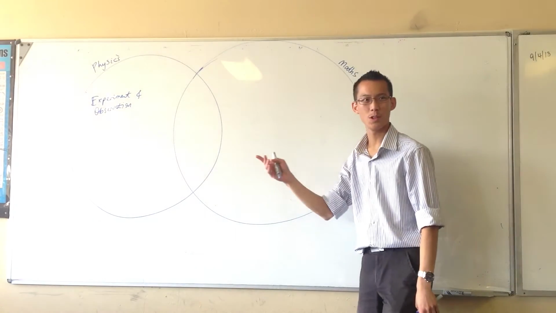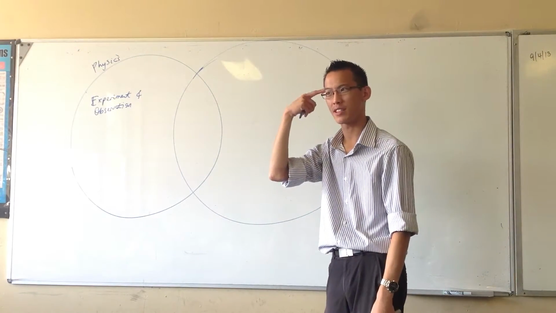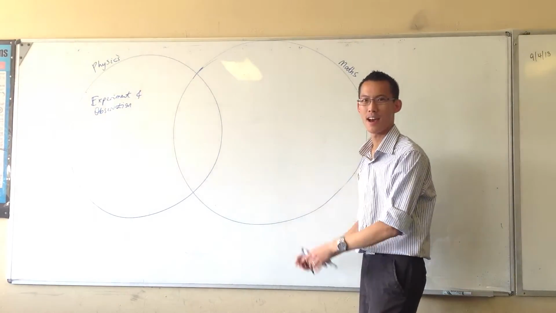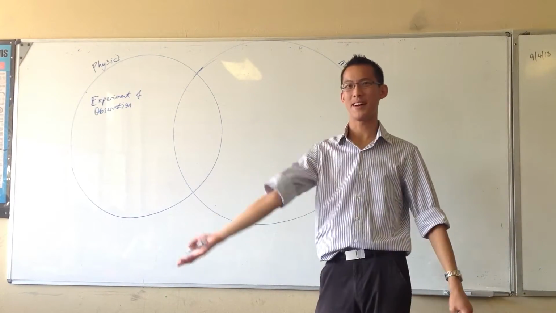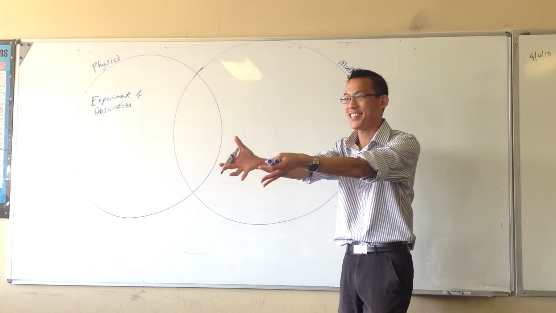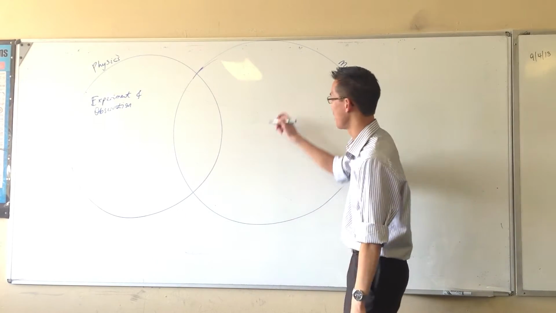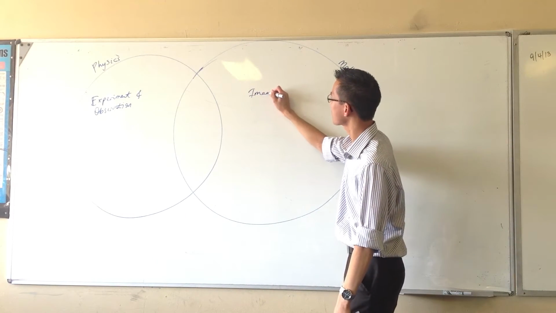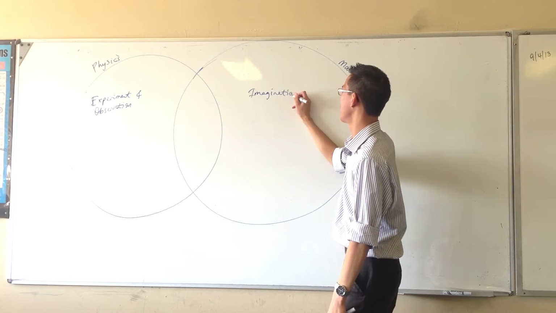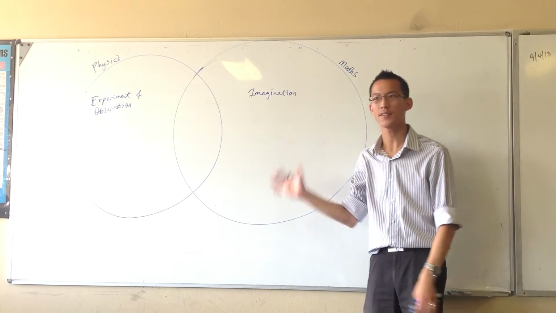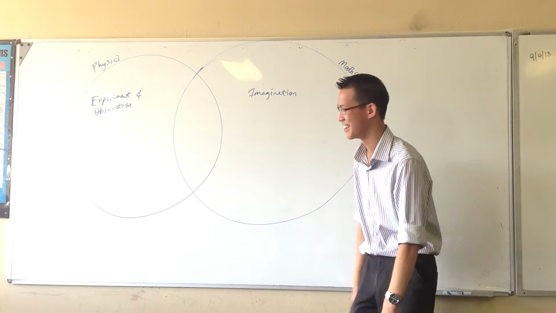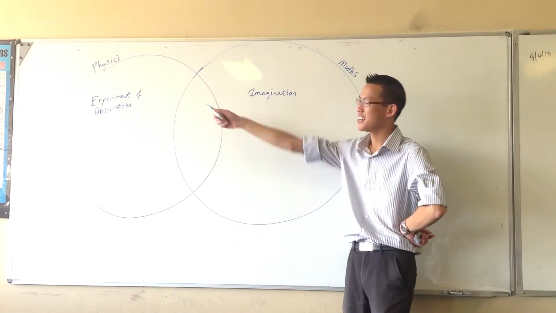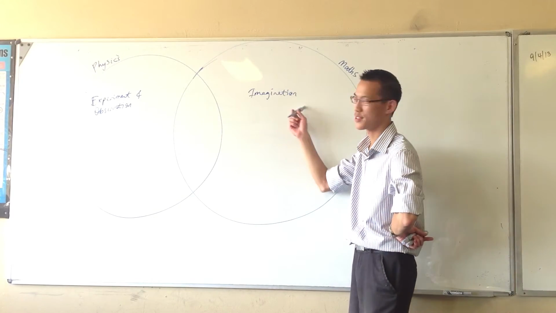As opposed to that, maths is all up here. All the things that we do in maths are fabricated. They're not real. There's a man and he's investing money and there's no real man that you're watching and observing. You're making it up. So instead of experimentation, I would call this imagination. None of it's real, okay? Well, your numbers are real. But anyway, the cake is a lie. So, experimentation and observation versus imagination.